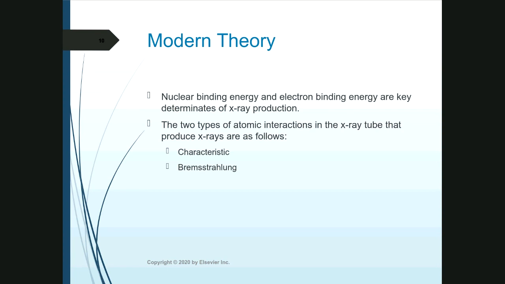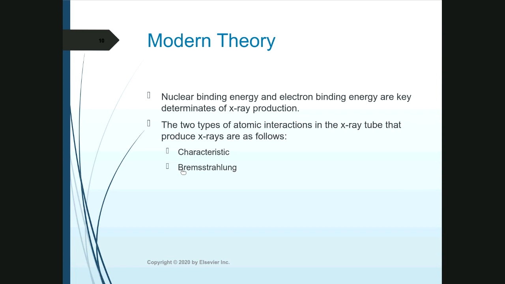So these two interactions, Brems and characteristic, make up the photons that are found in the primary beam of the X-ray. So when you make an exposure, what comes out of that tube is called the primary beam. And the photons in that primary beam come from these two interactions, both characteristic interactions and Bremsstrahlung. Will you be able to tell the difference between the two by looking at the X-ray tube? Absolutely not. You would have to really understand what took place in order to create those photons to truly understand that, but it's not something that you can